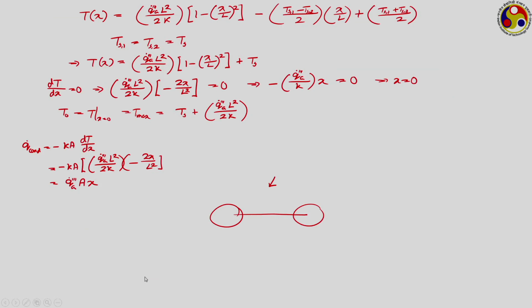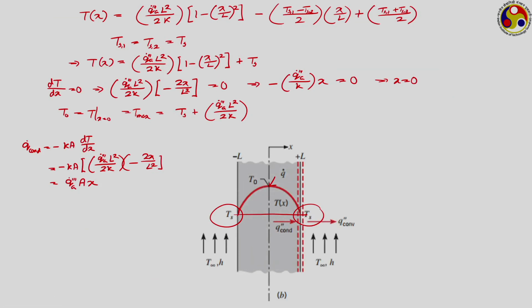Now, as the end temperatures are not different, we do not have that first term, and therefore, what will be your conduction at x equal to 0? That is going to be 0 only. So, that means this mid plane is not having any heat transmission across it, it is acting like a plane of symmetry.